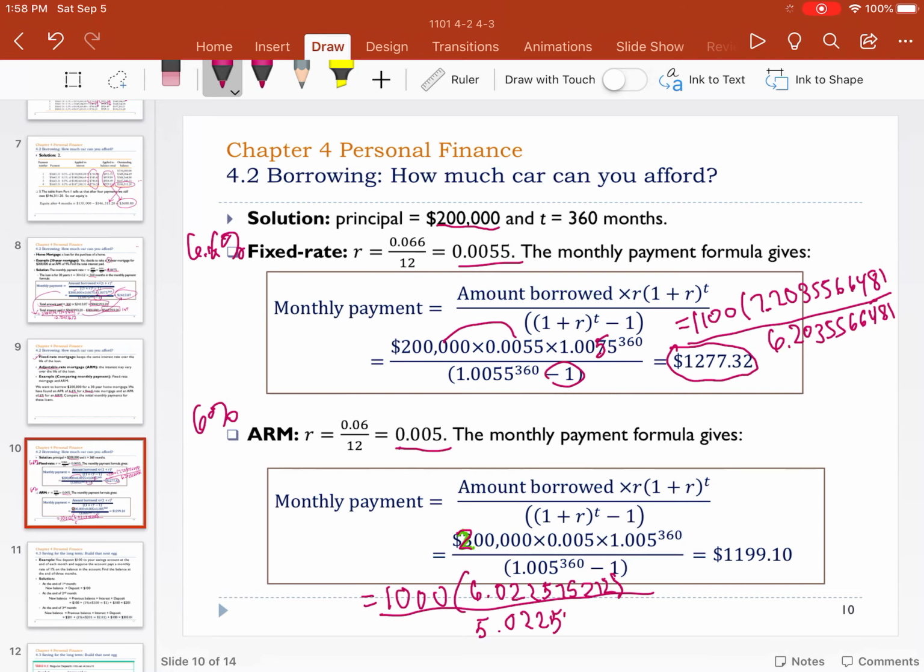So 5.022575212. And when you divide that all out, I pre-checked this, and yes, you're down to $1,199.10. That's about $78 less. So you'd say, oh, let's do that. Of course, this is an adjustable rate mortgage. And just because it's this way this year